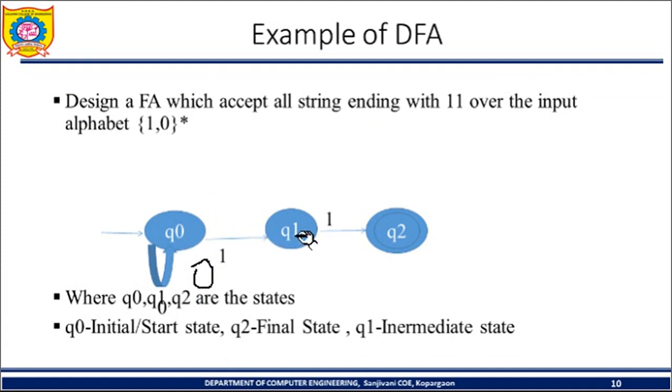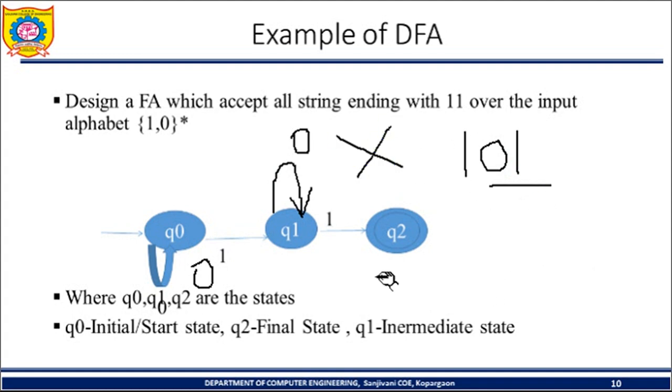For Q1, on 1 it will go to the next state, but for 0, where will it go? Now I'll draw it. As I said, you need to check for the self state first. If it is possible, then you need to show that transition path in the same state; otherwise check the previous or next state. So if we have given it for the same state, what will happen? We start at the initial state with 1 0 1. It will accept the string 1 0 1, but the string ends with 0 1. So this is wrong.